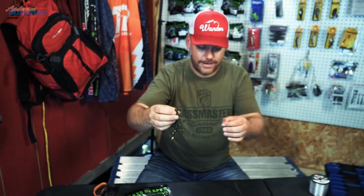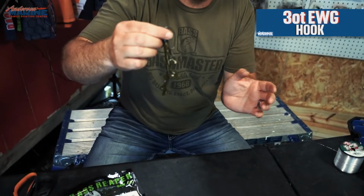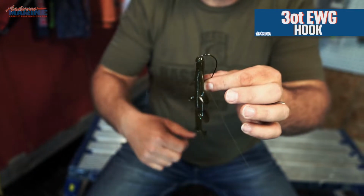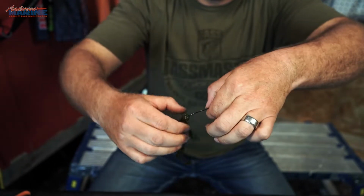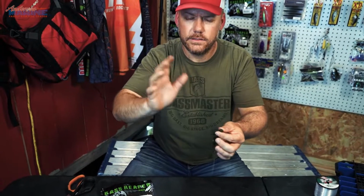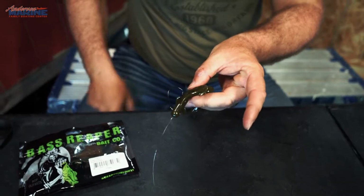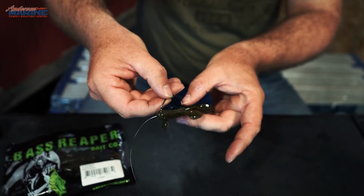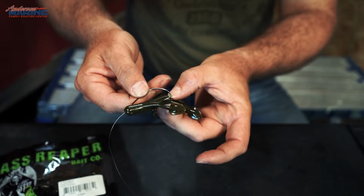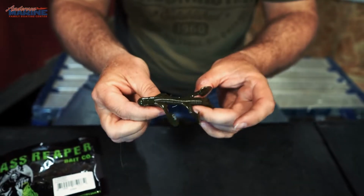So we're going to take this guy, and we're going to put this hook right into the top of his head. It's a 3/0 EWG hook, light wire. I'm going to feed it back to the bend in the hook. We're going to turn the hook out through the side, twist it back, same way you would rig a Texas rig. We're going to have that hook laying straight down the body of the bait. And I'm going to mark this with my thumb where that bend lines up with the body so we can keep this straight. We're going to turn it back, push the hook through right there, come out the top side,